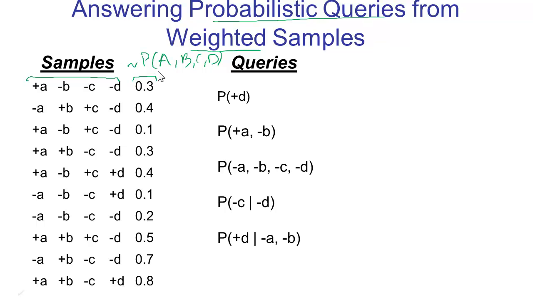Now let's take a look at answering probabilistic queries from weighted samples that are drawn from a distribution over A, B, C, and D. Here's our first query. What's the probability of plus D? Again, we're estimating this from samples. We're not likely to get the exact answer here, so we put approximately equal sign. We estimate it as the